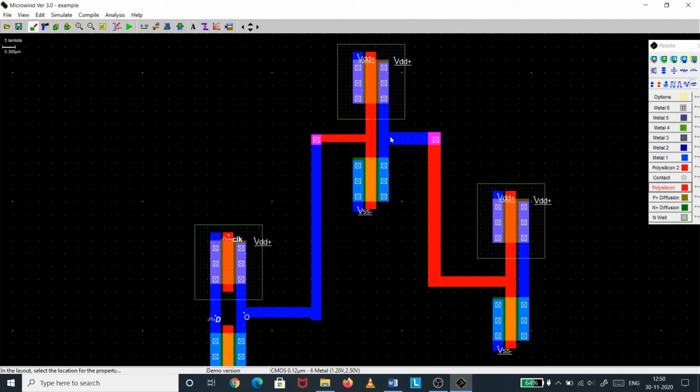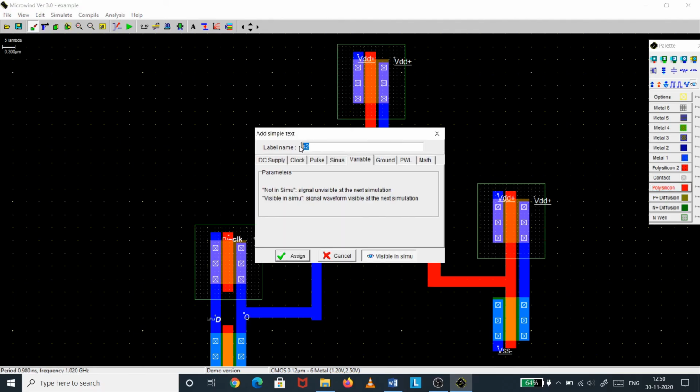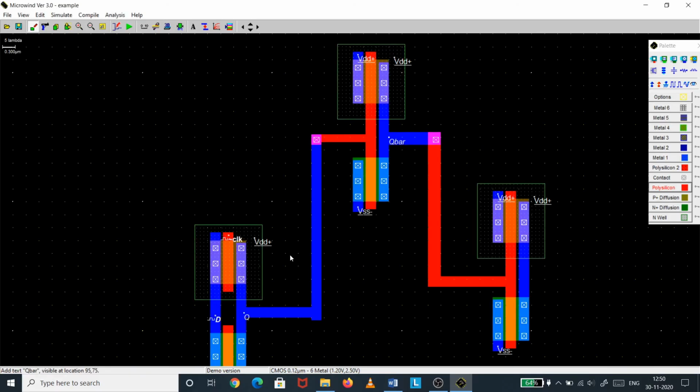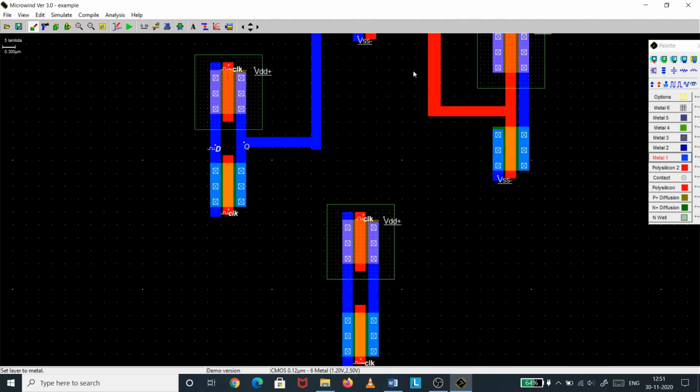This output should be Q bar. Then the output of the second CMOS inverter should be given to the transmission gate. So here is my second transmission gate.